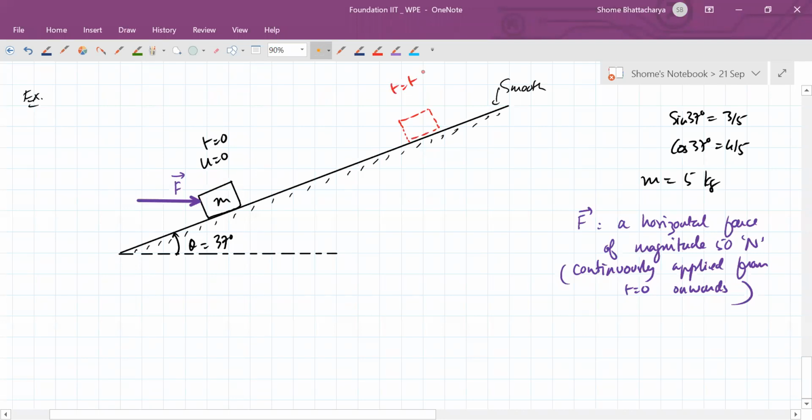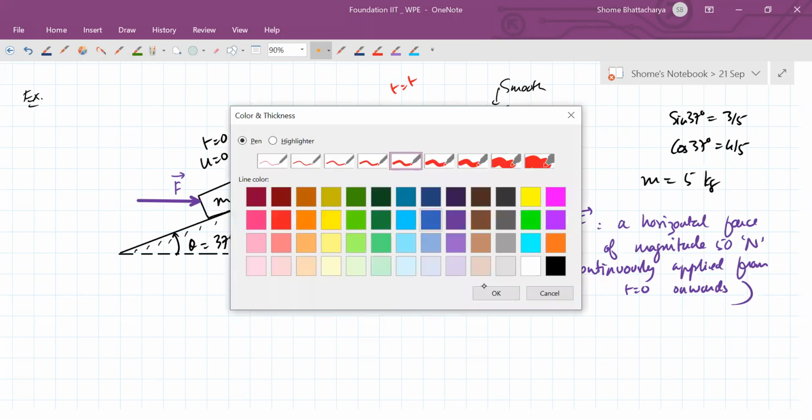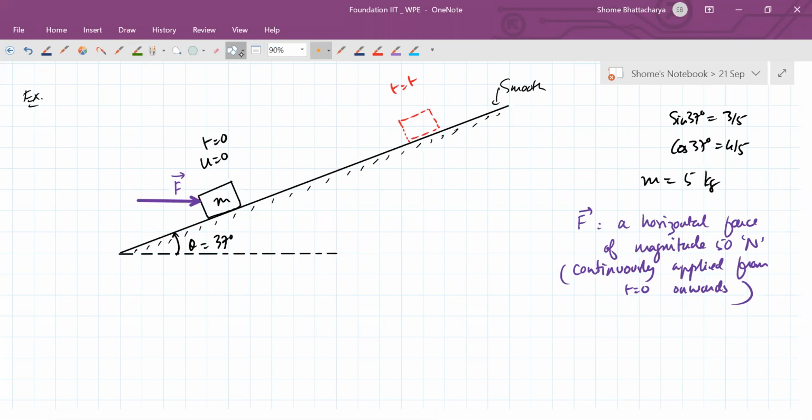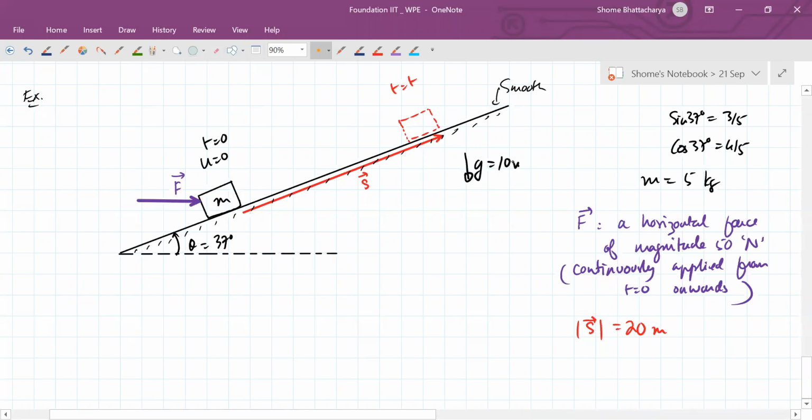So at some time t the block reaches here, where let us say the displacement from this position here to this position here, this is a displacement of, let us say, magnitude 20 meters. Okay. So now, taking the value of acceleration due to gravity g as 10 meters per second square,